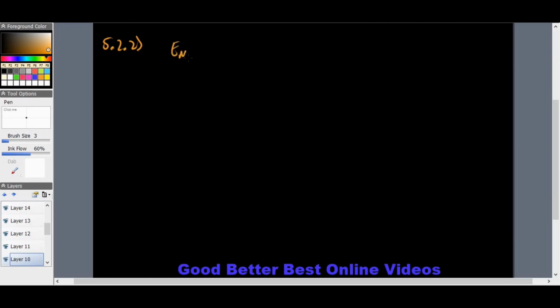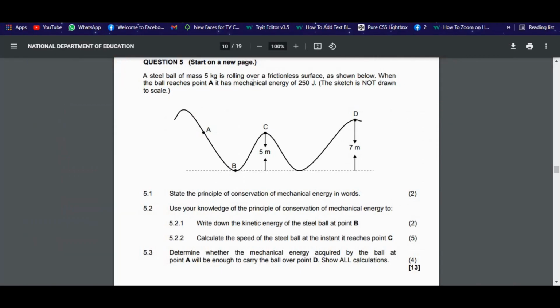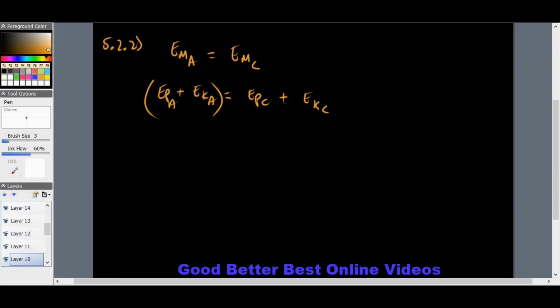Now we say EM at point A should be equal, if it is conserved, to mechanical energy at point C. So in other words, we have EP at A plus EK at A should be equal to EP at point C plus EK at point C. Now we know what this part is equal to because it says the mechanical energy at A is 250 joules. So we simply sub in and say 250 is equal to, and now we unpack